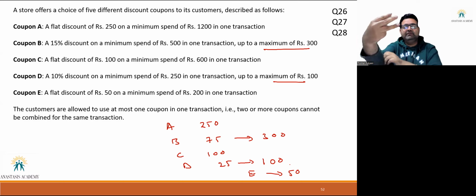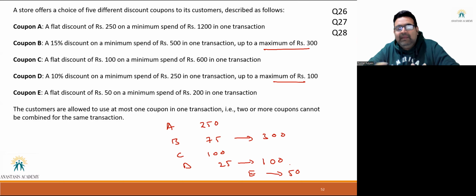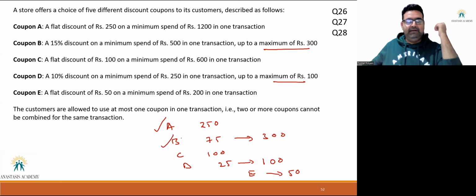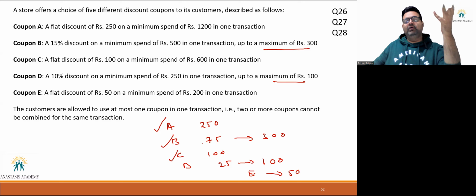So I have to see which of these 5, which 4 I take, and make a total of 710. See, if you try to leave coupon A, let's say for a moment, then the maximum total of the rest of them will be 300 plus 100 plus 100 plus 50, which is 550. So that means we have to take A. Similarly, if you try to leave B, the remaining maximum total will be 250, 100, 150, which is 500. So mandatory to take B as well. Similarly, if you leave C, 250, 550, 650, 700. So C we have to take. So that means out of 4, ABC has to be taken.